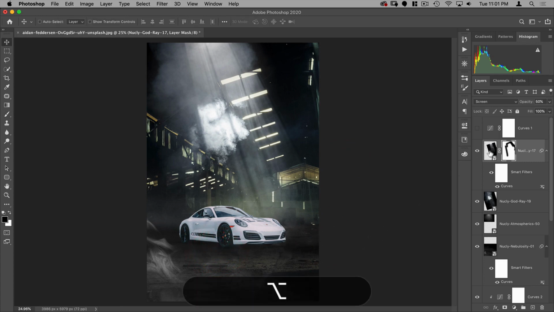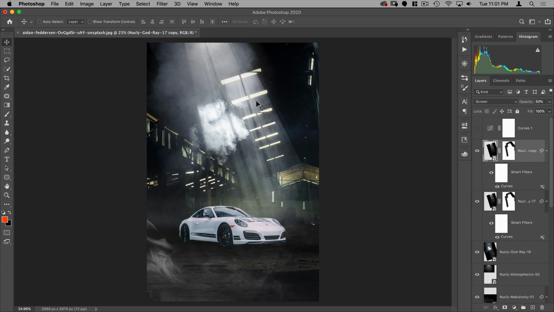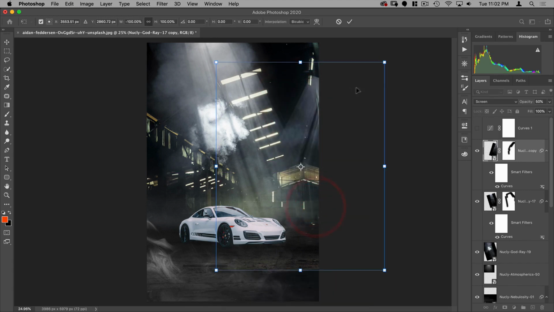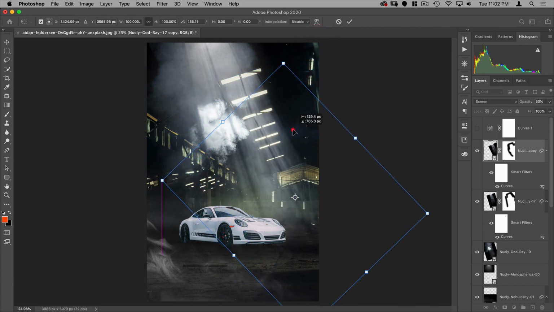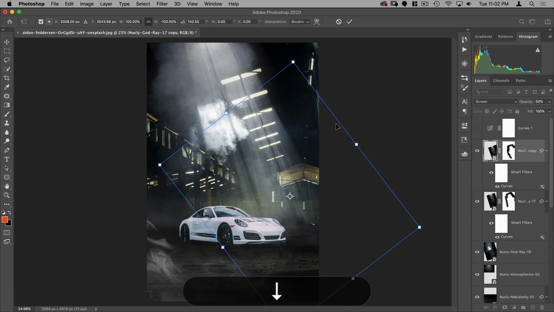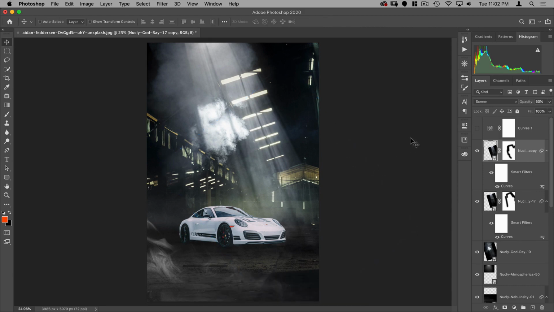Good. And I'm going to make a copy of this layer so I can just drag this down to my new layer. And I'm going to move this to this window here. And what I might want to do just to make this one look a little more different is flip it horizontal. And that's going to make it look like it's not exactly the same as the one we used previously. And I think that looks good. And let's take the opacity down on that one a little bit as well.